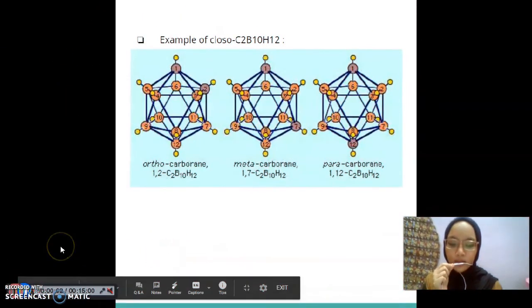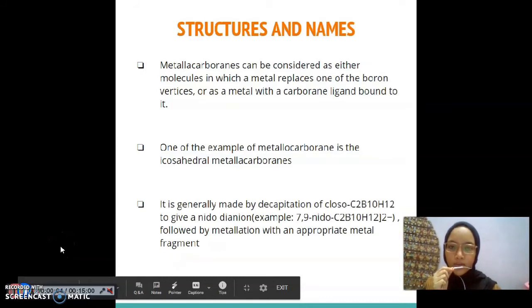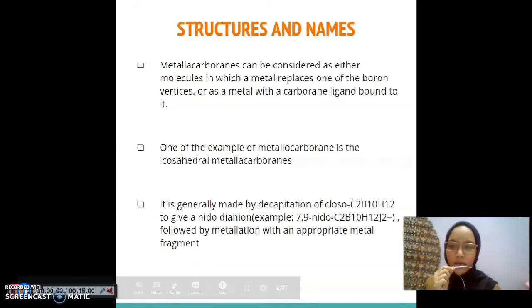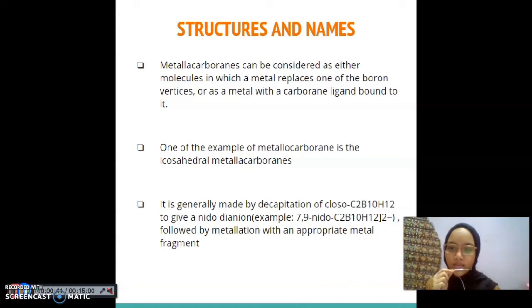Hi, so now I will present to you about the structure and names of metallocarboranes. First, metallocarboranes can be considered either as molecules in which a metal replaces one of the boron vertices, or as a metal with a carborane ligand bound to it. Second, one example of a metallocarborane is the icosahedral metallocarborane. It is generally made by decapitation of